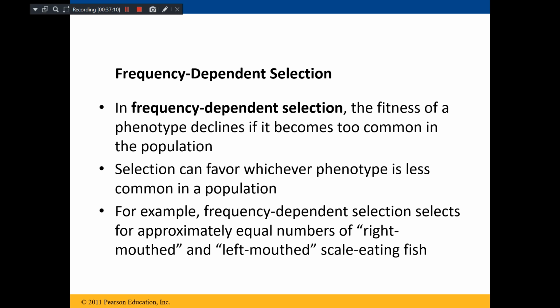Then the opposite sex will not select that. Because all are tall, there is no question of selecting them. If you select anyone, he is tall, or that organism is tall. So as a result, the fitness of that declines. Most of the time, the selection favors the phenotype that is less common in a population. Common traits are not preferred, but the traits which are less common, they are preferred, and that is selected.